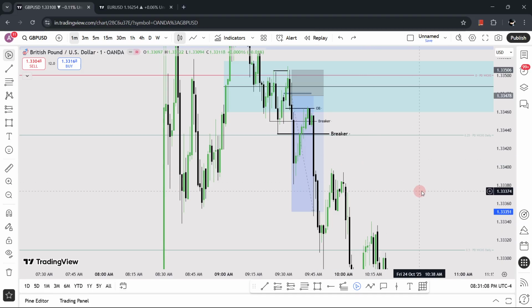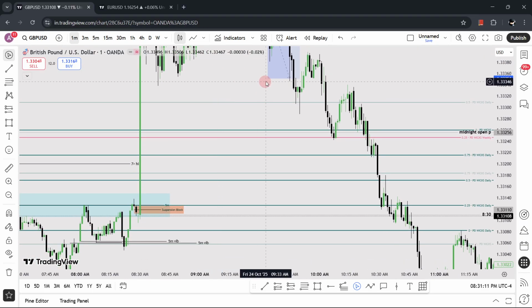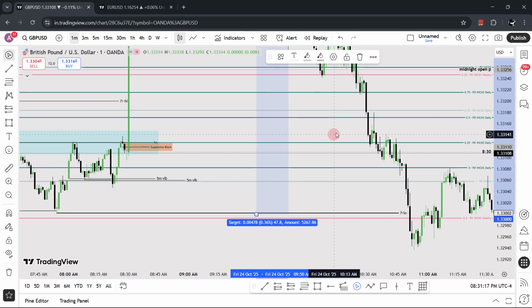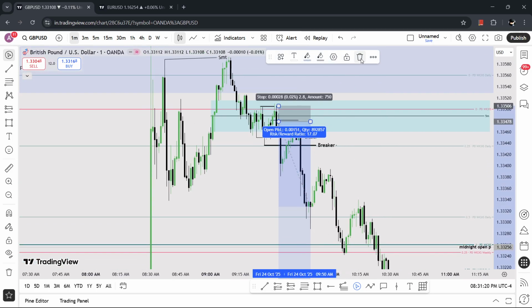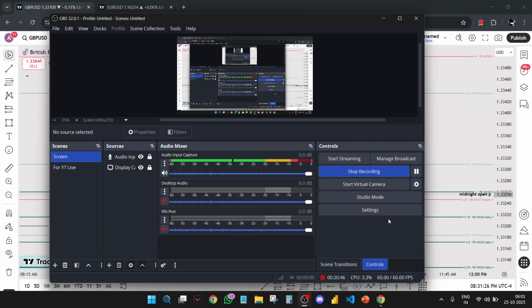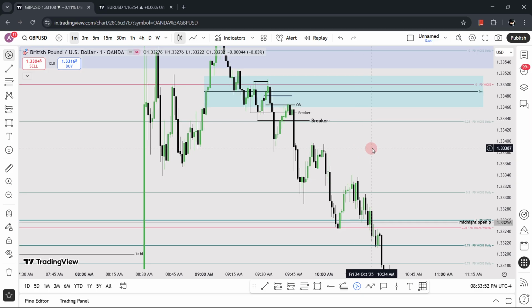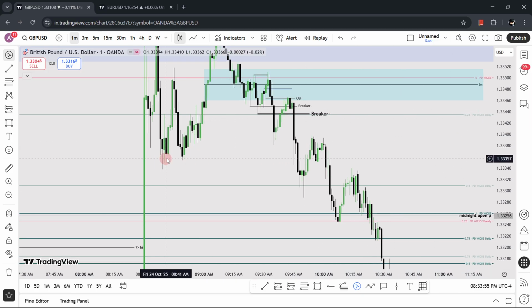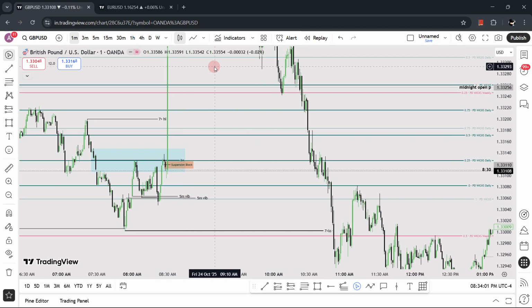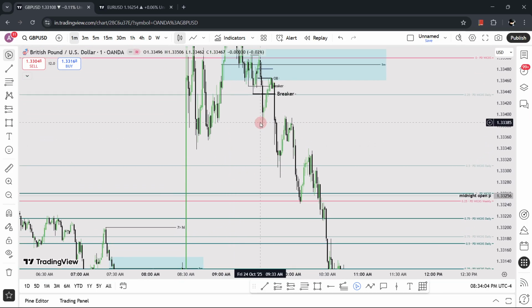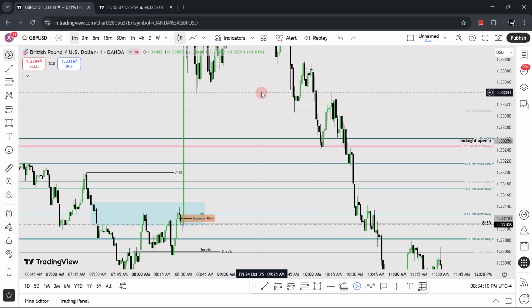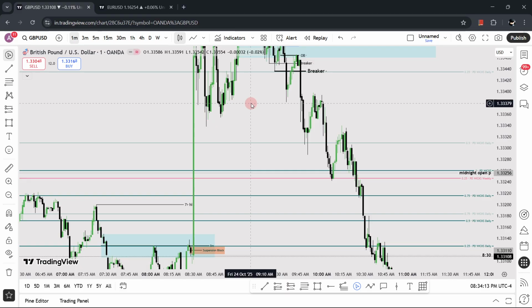Let's take this trade as an example. If you have the guts to hold until there, that's 17. Oh, 1 second. Sorry guys for the interruption. So we would have gotten almost $1,700 if I had taken the trade and held it for long till there. But due to my challenge phase, I can't take that much.